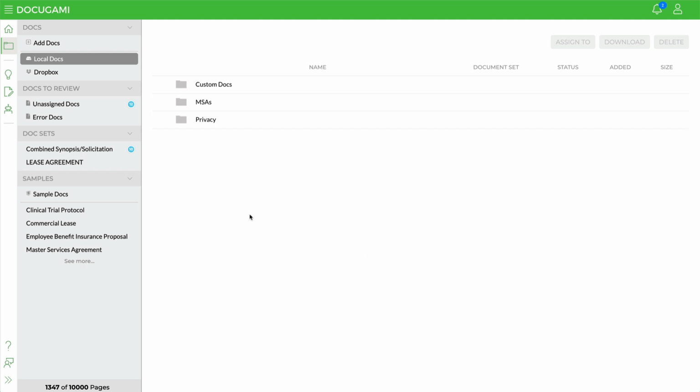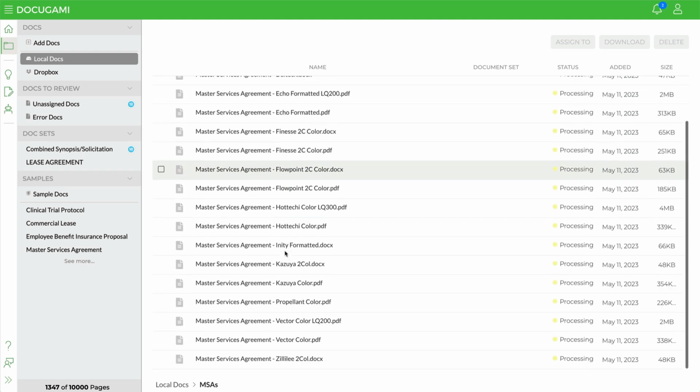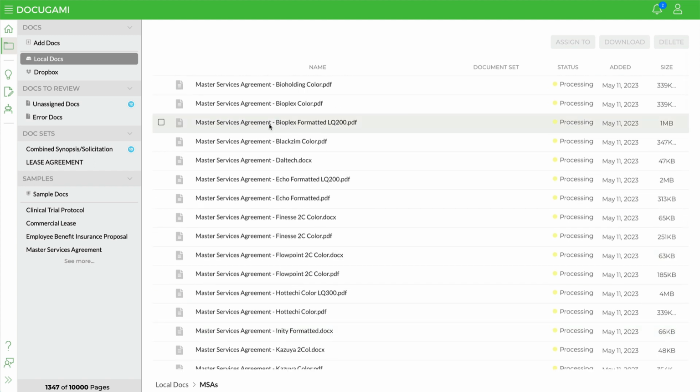And one thing to note is that Docugami is specifically designed to ensure the security and privacy of your data. So no information from your documents is ever shared outside of your organization. I'm going to go right here and I see my MSAs, and here they all are. They are uploaded, and now I'm going to wait a few minutes while those auto cluster into a new doc